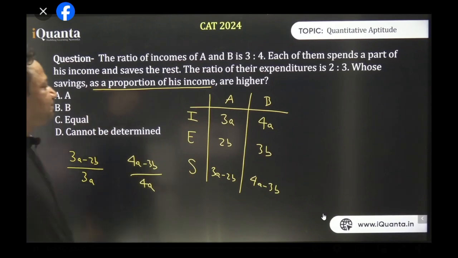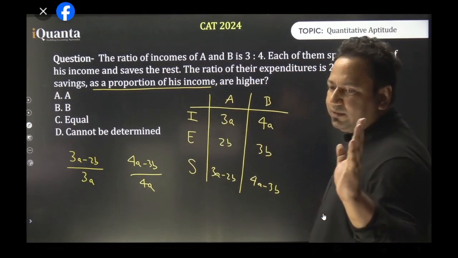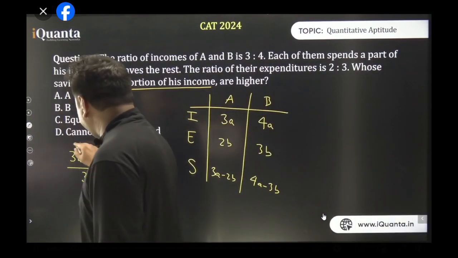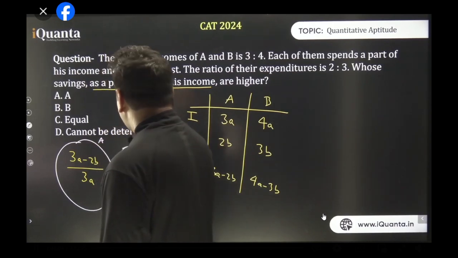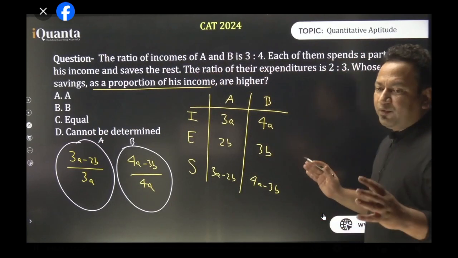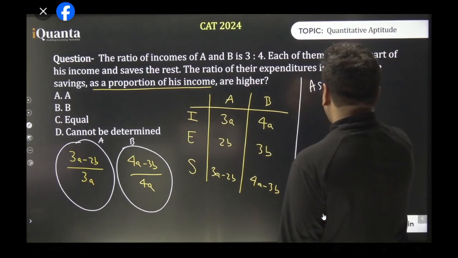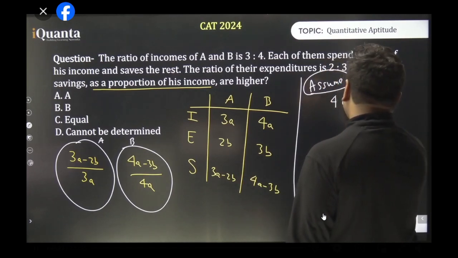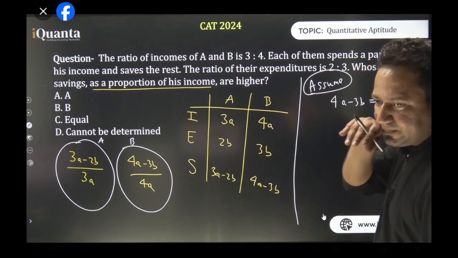Let's do one thing. Now, I'm going to do something which is very logical, and you are going to enjoy it for sure. So we are focusing on these two elements. This is the first person A, this is the second person B. I'm doing one thing, listen carefully. I'm assuming that saving of B is 0.